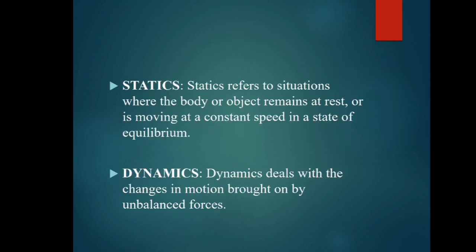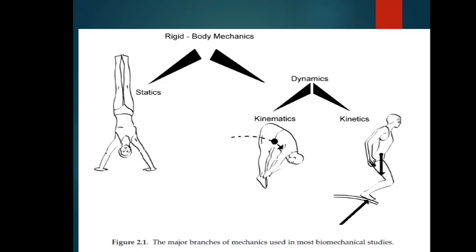So statics refers to situations where the body or object remains at rest or is moving at a constant speed in a state of equilibrium. Dynamics deals with the changes in motion brought on by unbalanced forces. Basically, these are the major branches where mechanics is used, as shown in this figure. So rigid biomechanics has static and dynamic, then dynamic is further divided into kinematics and kinetics, as shown in this